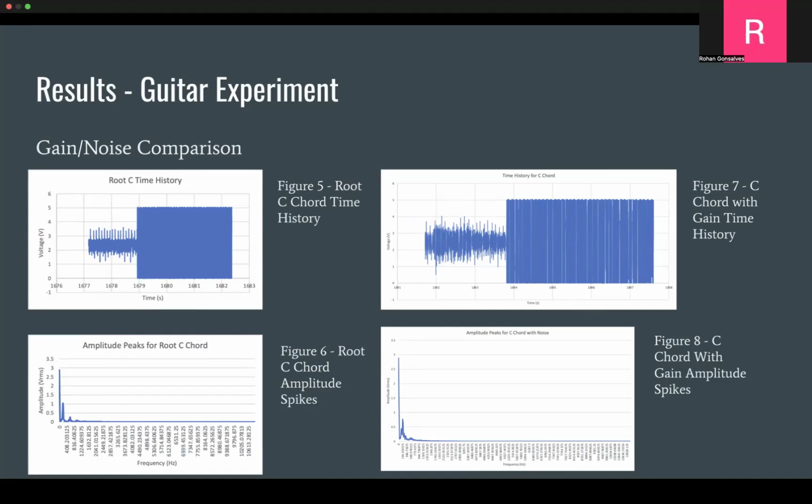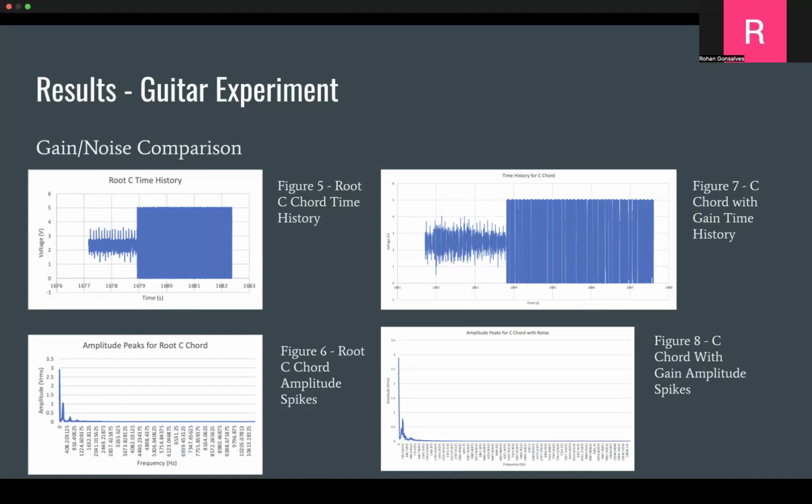This behavior can be seen in figures 6 and 8, where the power spectrum for the clean chord, figure 6, can be seen with 3 clean individual peaks, indicating the C major triad, which is the notes C, E, and G. In contrast, the spectrum with gain enabled shows less defined and more distorted peaks, with additional noise and harmonics